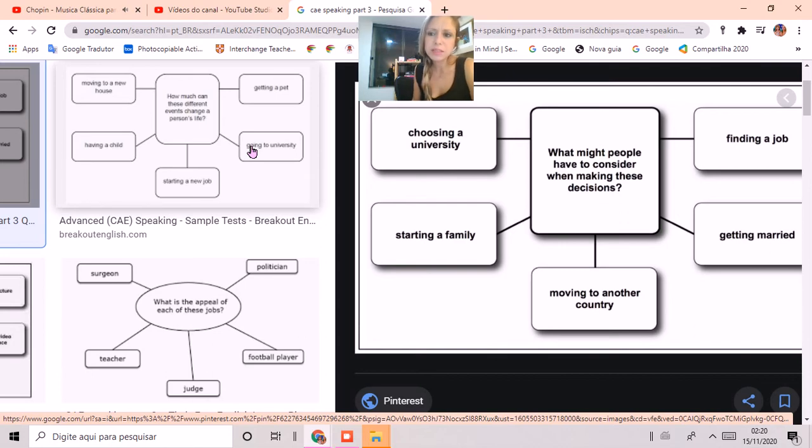but it's actually difficult to make this decision. But I think that even more difficult than that is starting a family. Starting a family may be a big change in someone's life, because they will have to make some sacrifices, because when you start a family you have to consider everybody's interest. You have to consider the well-being of everybody in the family, not only yours.